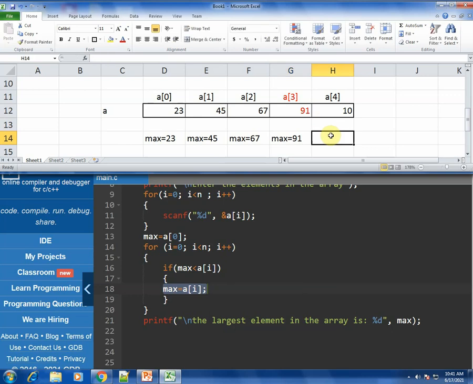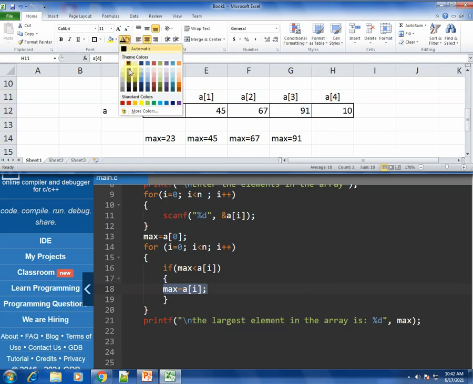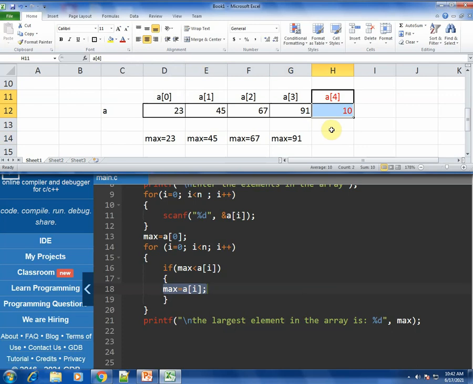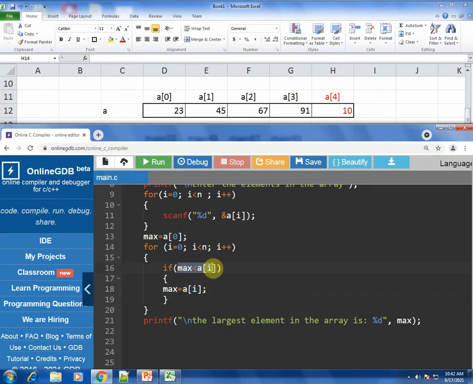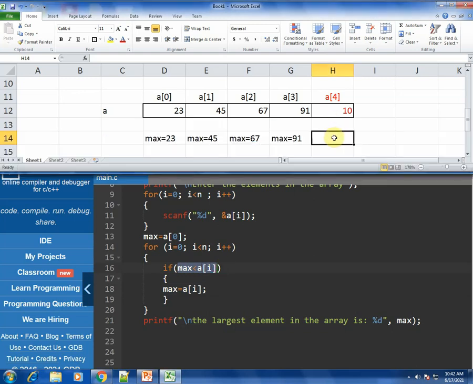And for the last time, when I becomes 4, currently we are at I equal to 4. So this is what we have to look at. Now in this part, you will check for max less than a of I. What is the max variable? 91, and a of I, which is currently a of 4, has a value of 10.